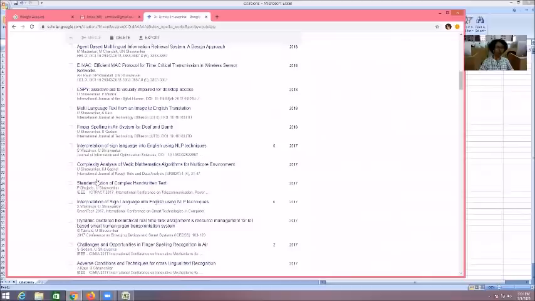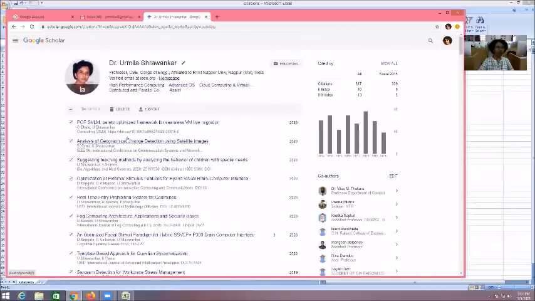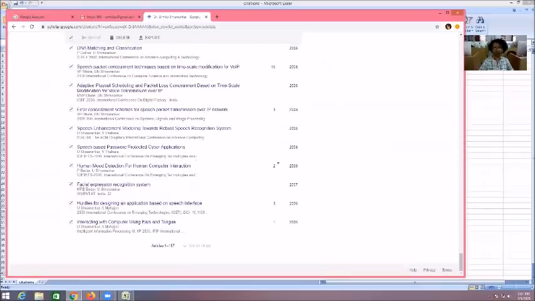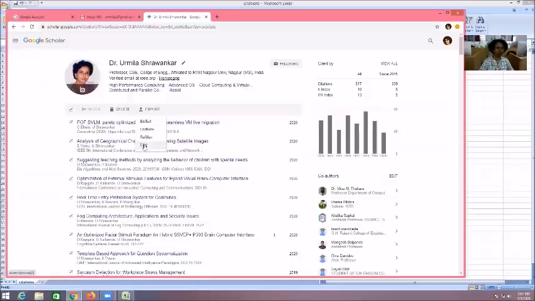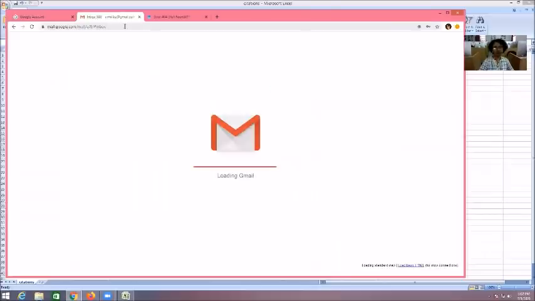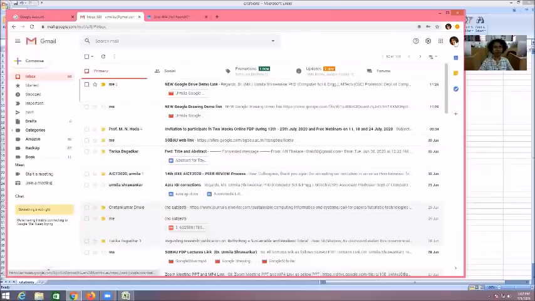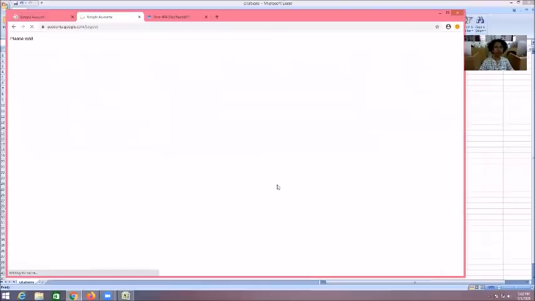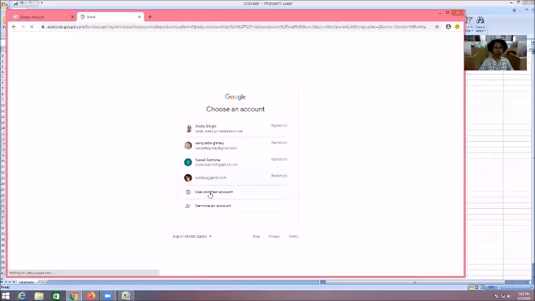Now some papers are unchecked. I need to check all, and then I need to do that. Yes, now all papers are checked. Again, you can do that. No problem at all. Export CSV. Login problem. This comes because of a network connectivity issue also. Don't worry, log in again.